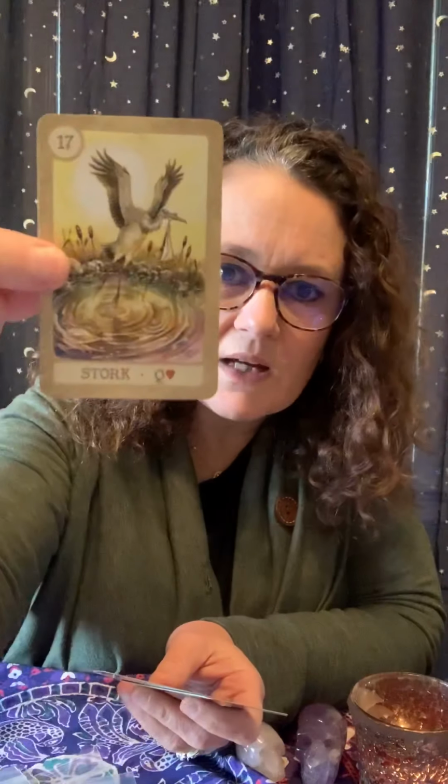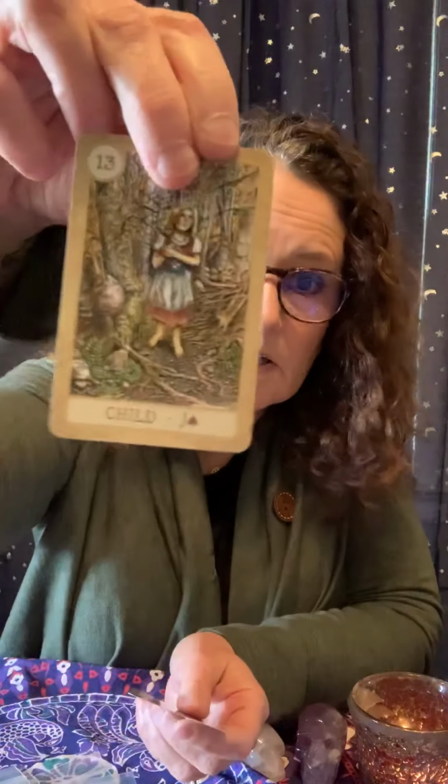So I like the size of these cards. They're small. Most tarot cards are very big. These are smaller than playing cards, which is a nice change. The cardstock is pretty decent, not too flimsy, not super thick. So here we have a stork, bouquet, child,